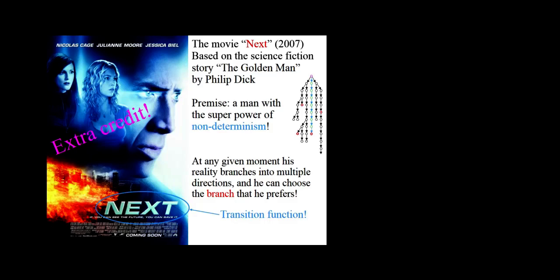Of course, most moviegoers who see this movie don't realize this is the delta in the definition of a finite automata, the transition function. But it is. So it's a very highly technical movie in some sense. Of course, they had to kind of water it down a little bit so people can enjoy it without mastering automata theory. But very nice concept.